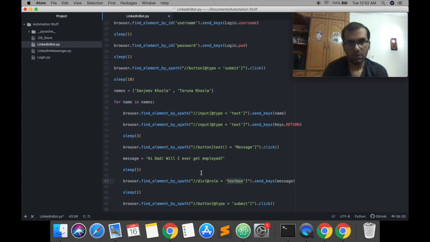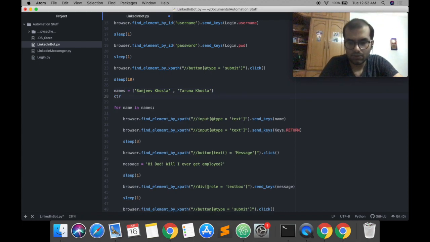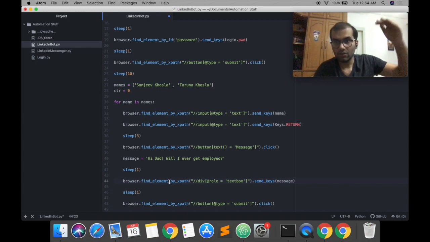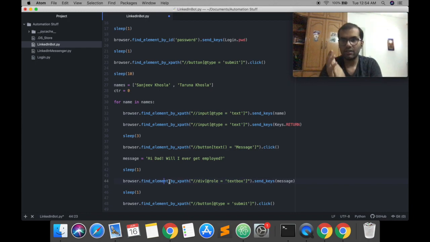That is simple. What we'll do is we'll create a counter which will start from 0. Now find element by XPath will only find the first element, and find elements by XPath will get all the elements and create them into a list of sorts, out of which if we specify the index, then it will go to that index, the same way a list works.